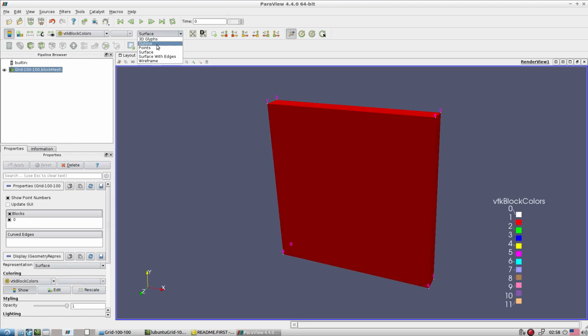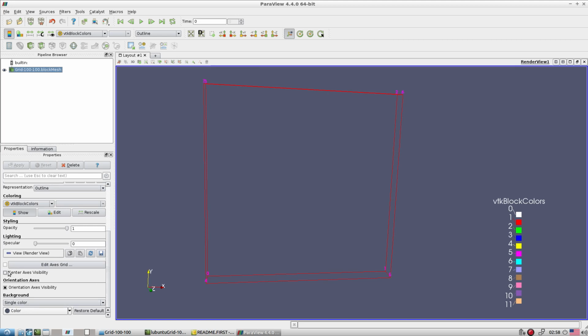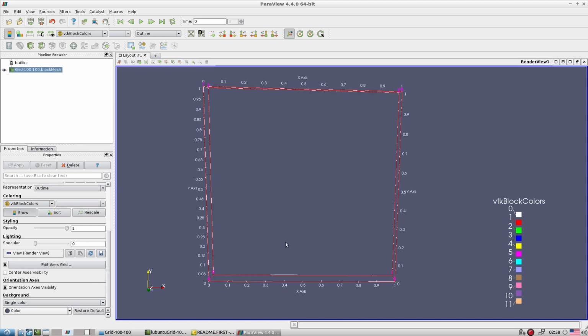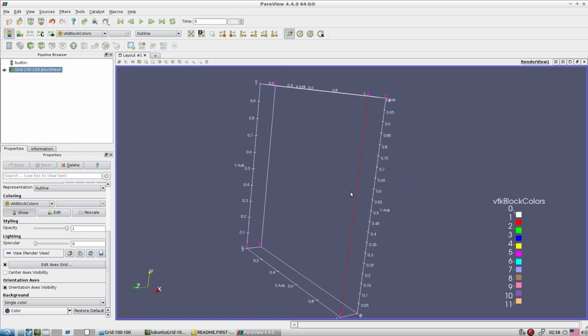And then look at the outline view. So if you see, the vertices are 0 1 2 3 4 5 6 7. Now let's check the size of this particular block. We have 0 to 1 and 0 to 1, so we have a 1 by 1 size cavity.